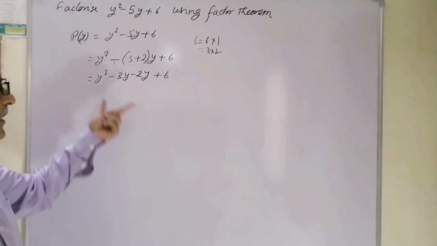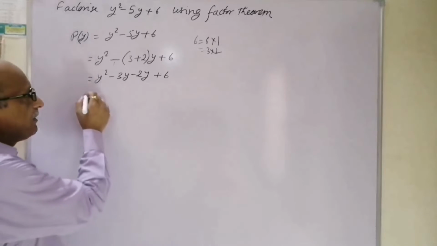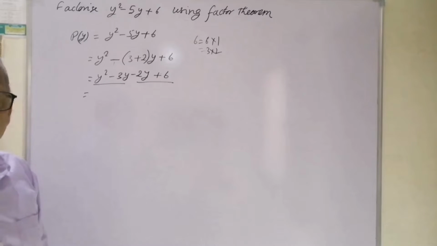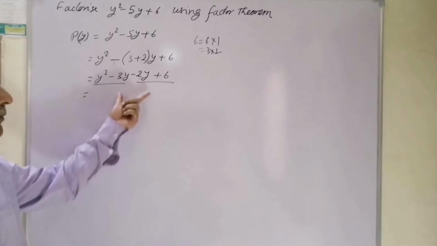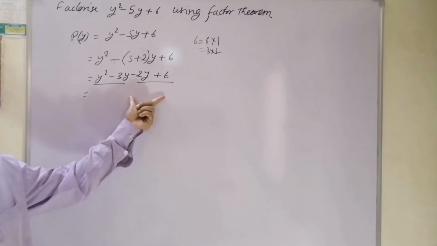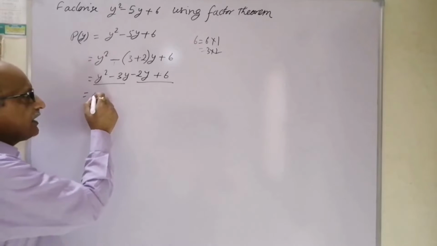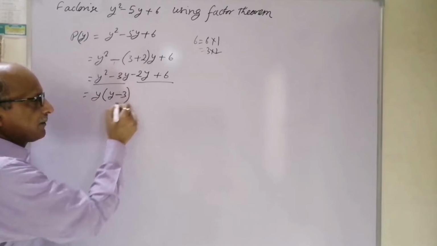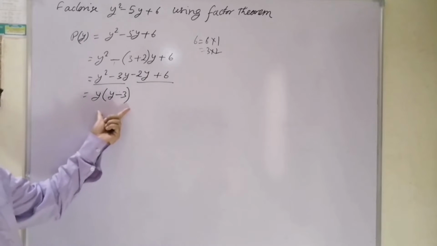Now we'll pair it up. Pairing it, we'll get one pair over here and another pair over here. Now we'll take common if available. If available, then we'll take common. If nothing is common, then we take 1. So here both have something common available. So we can take y common from here, this will become y minus 3. Is it very clear how to take common?